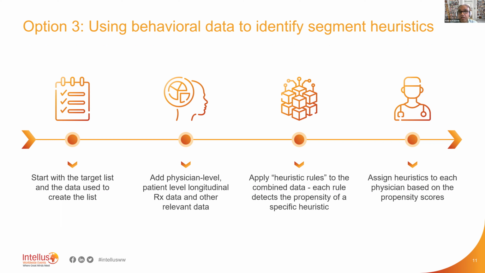Now, in some disease states that will not be possible or available, but where it is available, you apply certain heuristic rules to this data. So if you want to understand peak and rule, is there any type of rule you can look at that will help you say these physicians, based on their data, are definitely using the heuristic called peak and rule, and other physicians are not. So this is how you back into why they're behaving the way they're behaving, based on certain heuristics.